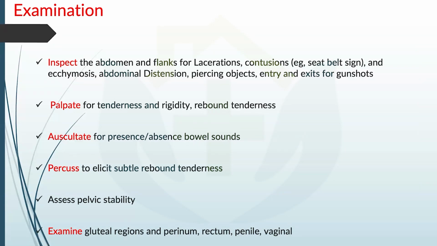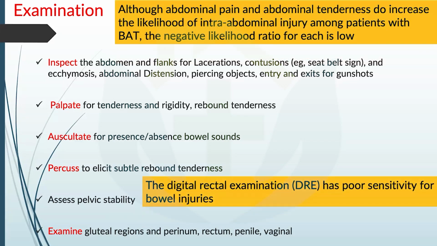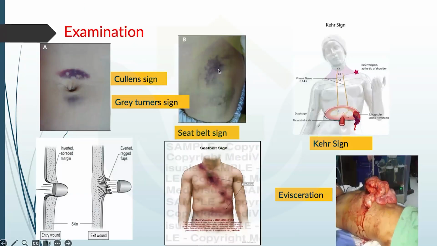So you have to examine the abdomen. You have to see if there are any local signs that indicate abdominal trauma: any swelling, any mass-like feeling, organomegaly, free fluid. These are all things you should be looking at. Routine digital rectal examination may not be helpful in acute cases, and you have to examine for things like this.